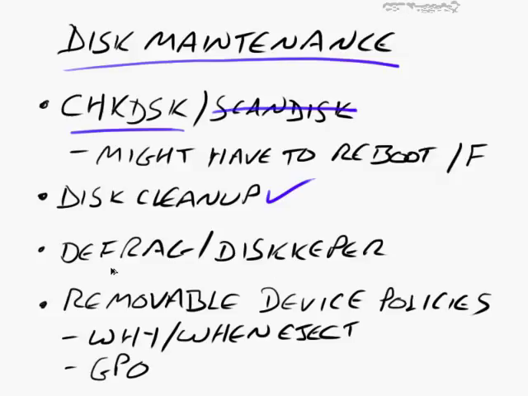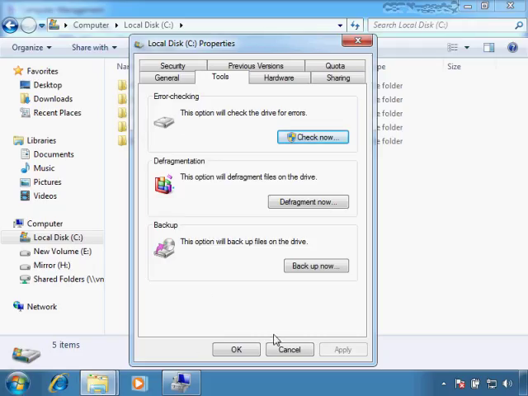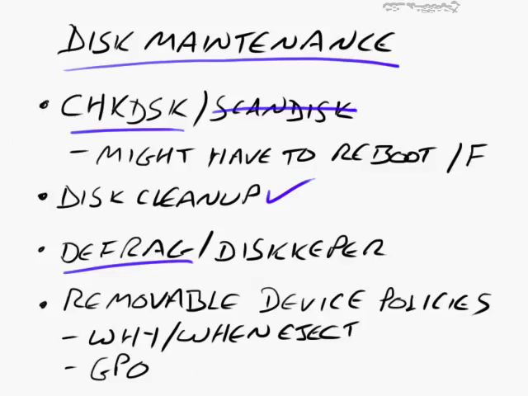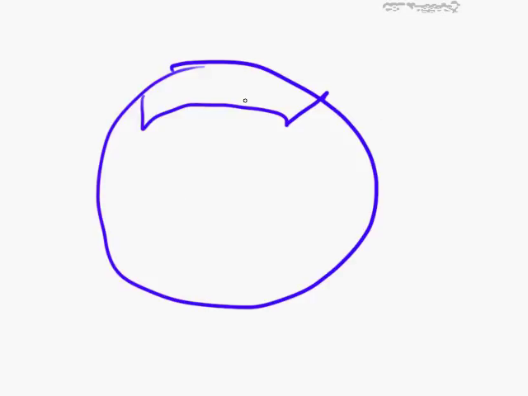Another utility that's very useful is the defragmentation utility. This is also just known as defrag. But as an example, if I go to one of my computers here and right-click on a volume and choose Properties, then I can go to the Tools tab and choose Defragmentation and defragment now. What is defragmentation? Well, when you use your disks, let's say this is a hard drive, and this is a